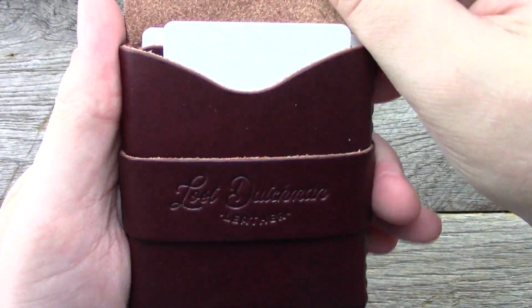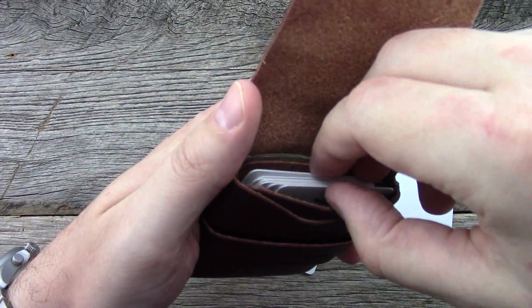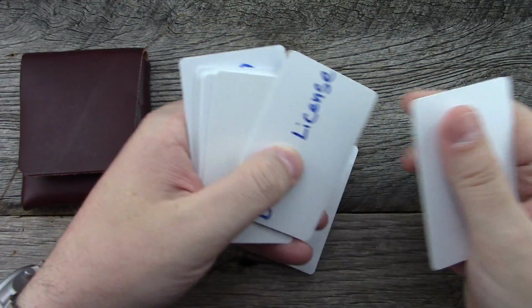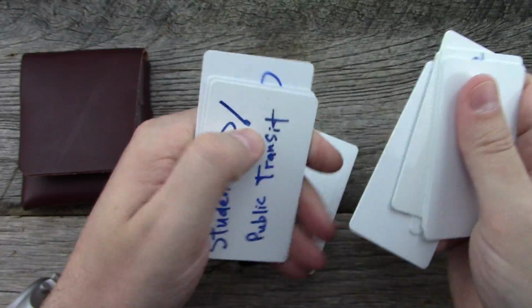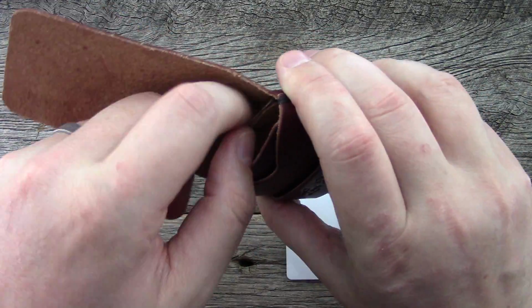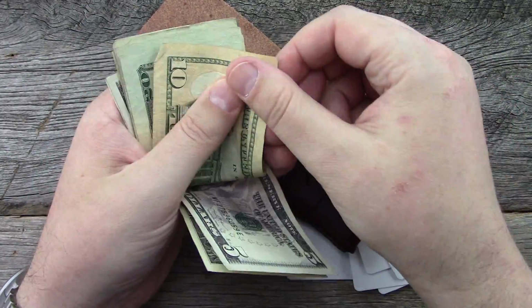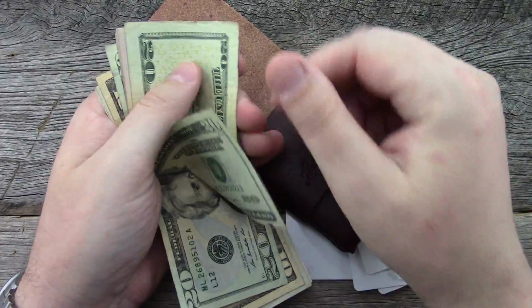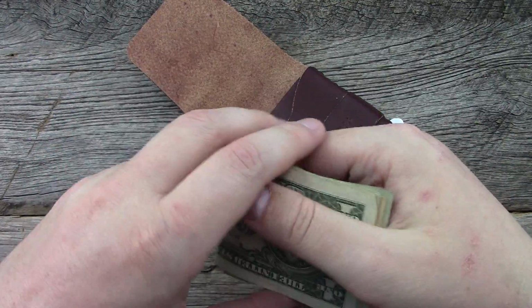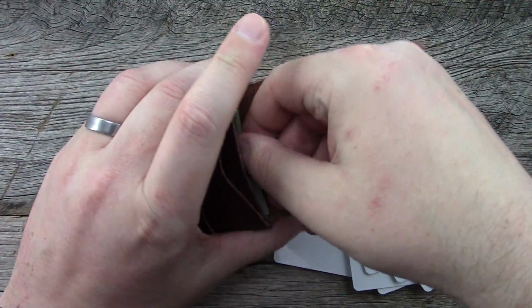and let's take a look at the inside here. It's broken up into a few different compartments, but it holds quite a few cards. So how many did I have? 1, 2, 3, 4, 6, 7, 8, 9. So I've got 9 cards in here plus some cash in the back. 1, 2, 3, 4, 5, 6, 7 bills. So I've got 7 bills folded in half plus 9 cards, and it fits it easily, in a relatively small